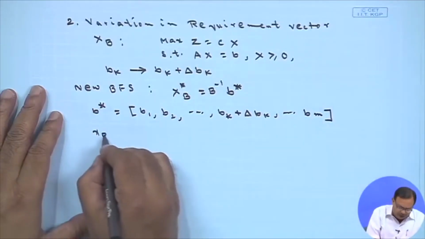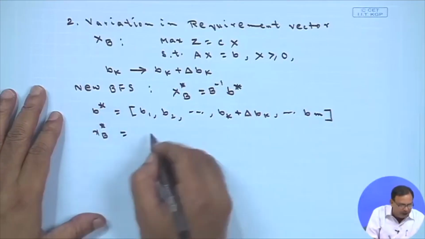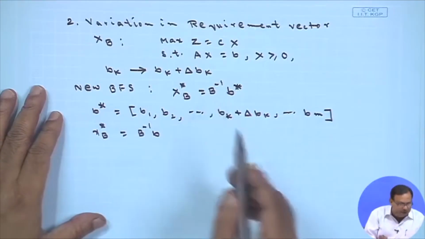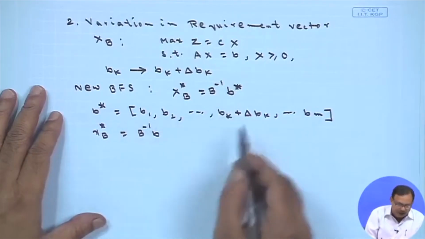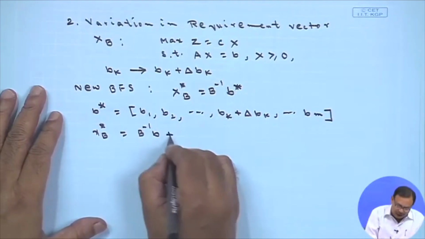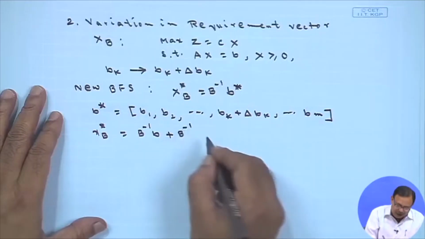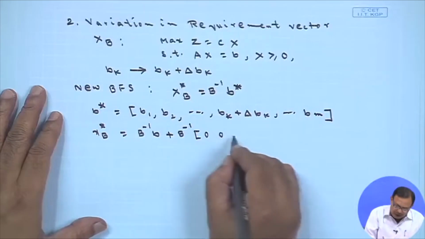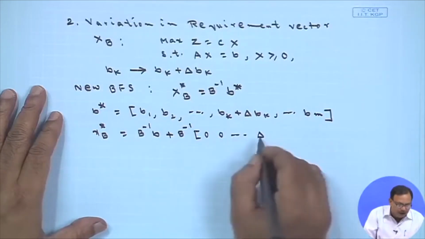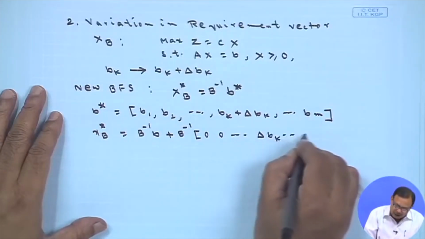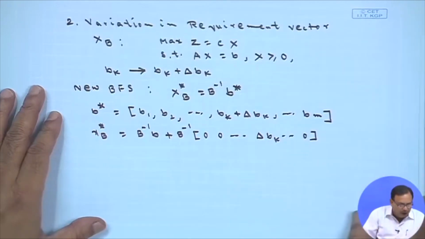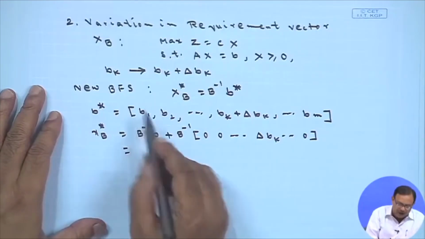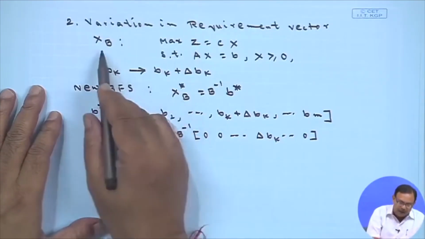So, what is your x_B star? Your x_B star will be B inverse b star. If I write this down, then I can break it as B inverse b plus B inverse times the change, where all the entries will be 0 except delta b_k, and this will be 0. So, this B inverse b is nothing but your x_B,